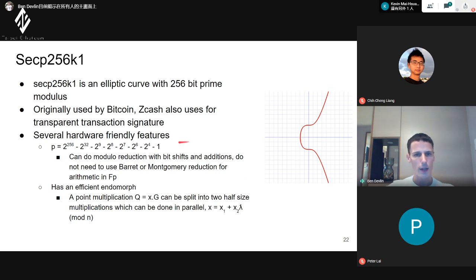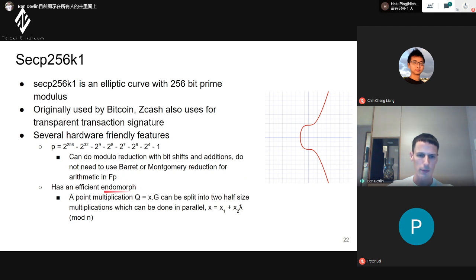And so this is the curve, and a couple of features of this curve of why it was picked and why it is friendly for hardware. So the first one is that the prime value can be represented by a small number of powers of 2. And so because of this, when we're doing our arithmetic, for example addition or multiplication, we can take the modulo very easily. Normally you have to use Montgomery reduction or Barrett's algorithm to calculate the modulo of the result. But on this curve, we can do it just by doing some bit shifts and additions. So it's much faster, 2 or 3 times faster than if we had to use some other algorithm.